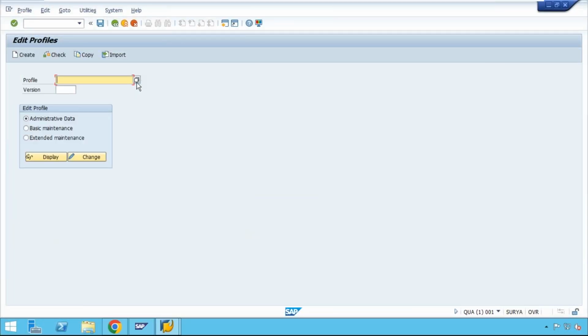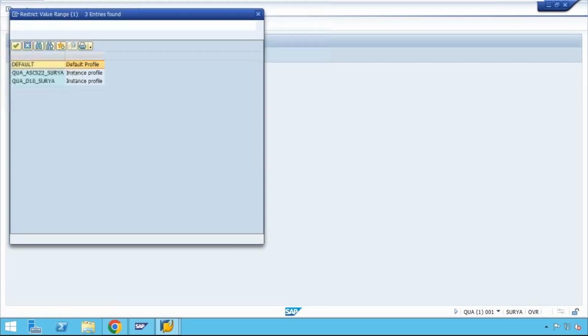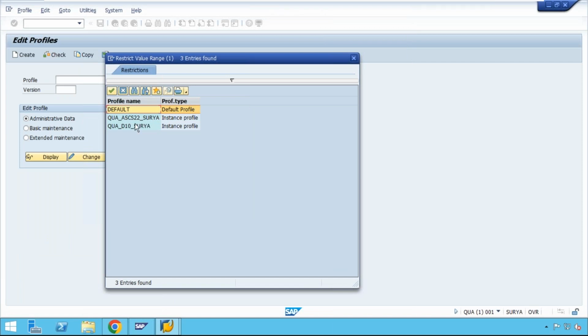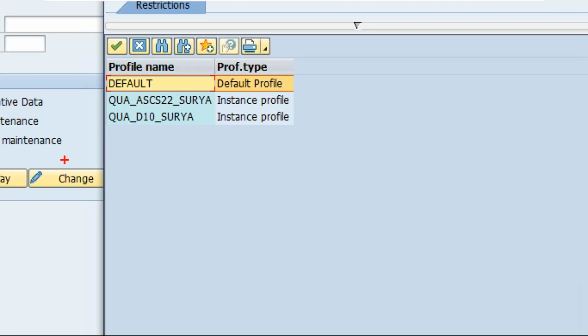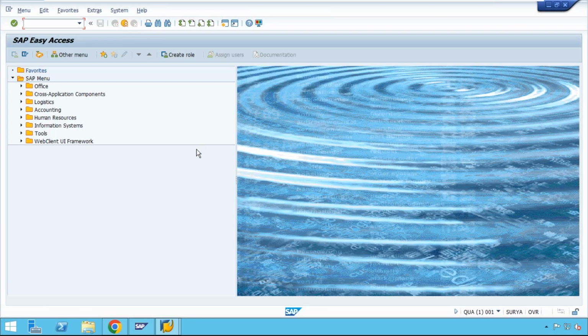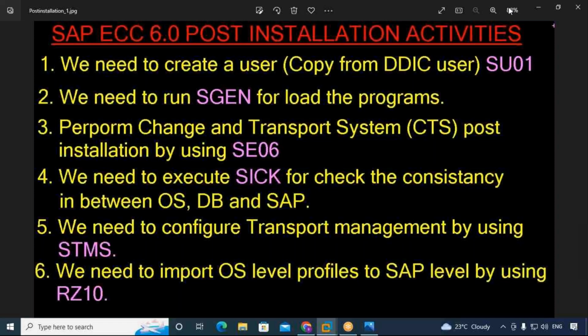So now click on the browser. So we have the profiles. See here. The default profile, instance profile. We have ASCS, right? ASCS also. That's why the ASCS instance. Click on back. So next,